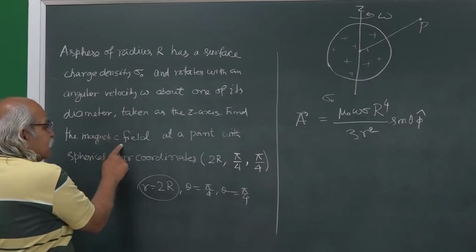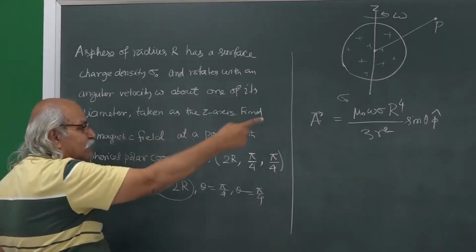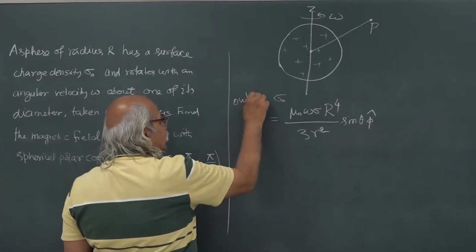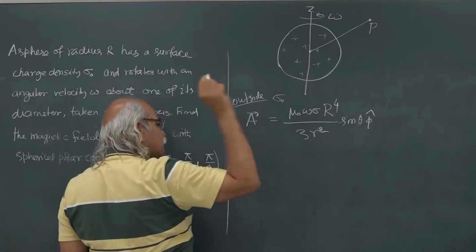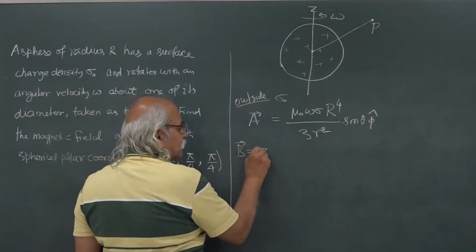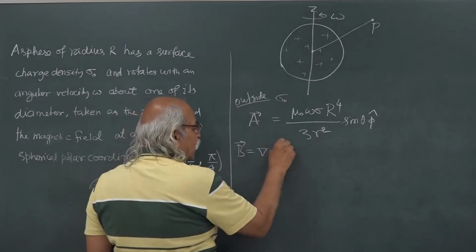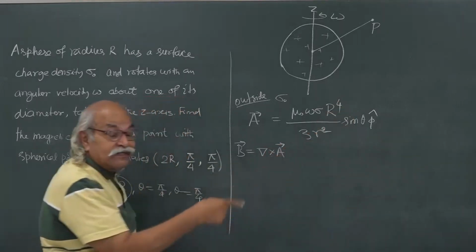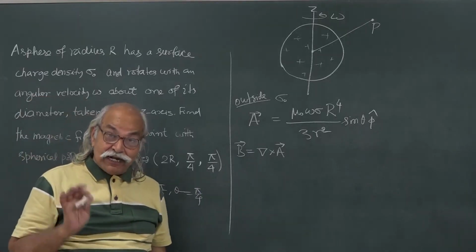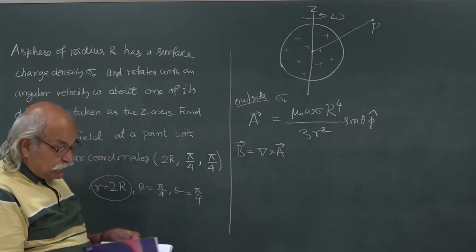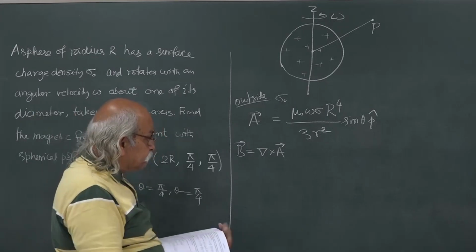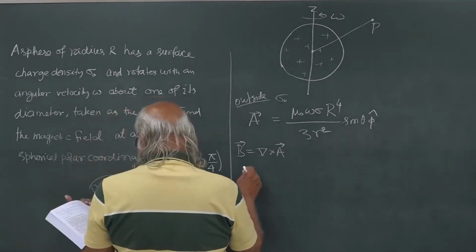So, to get this magnetic field for a point outside, using this expression, which is for outside. Inside you have a different expression which was derived in the lecture. So, B is equal to curl of A, but now we have spherical polar coordinates. So, we need the expression of curl in spherical polar coordinates, and once again we have to go to the book and the appendix. Curl in spherical polar coordinates,